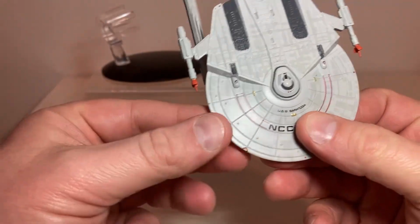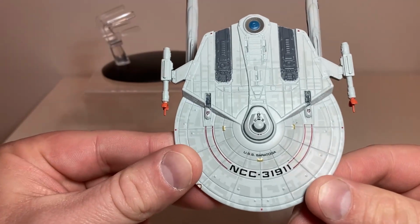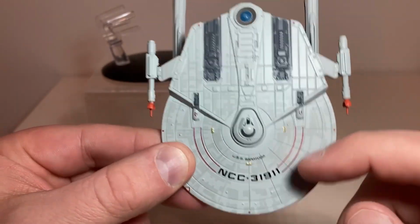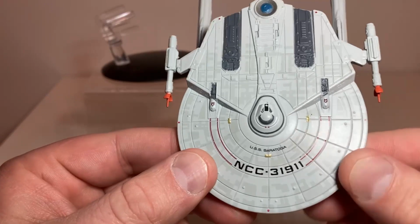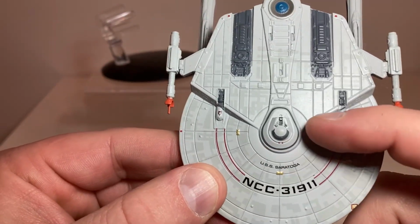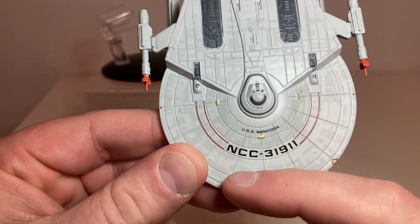But yeah, so the Miranda class, and again, Eaglemoss has done so many. They've done all the Miranda variants, so it's basically a reused model at this point. But still, it's cool because they've gotten this ship down to a science. I don't have the XL yet. Probably not gonna get the XL. But yeah, you can see some nice Aztecing and details. Got that nice shade of gray on an otherwise mostly whitish, light gray white